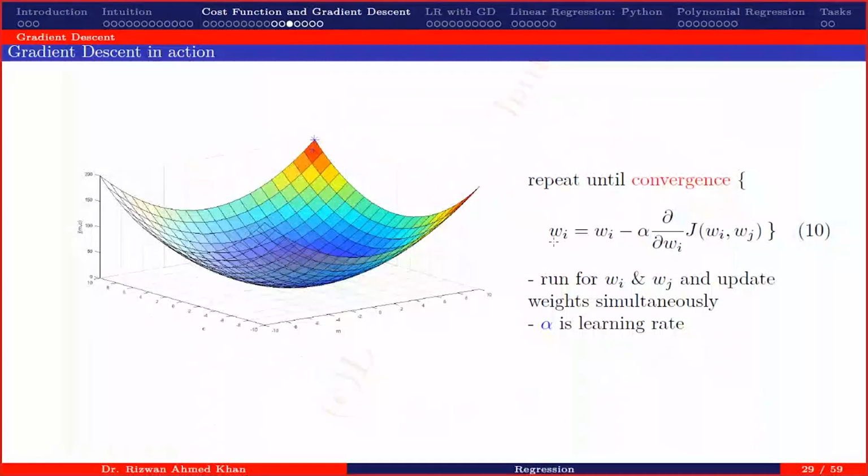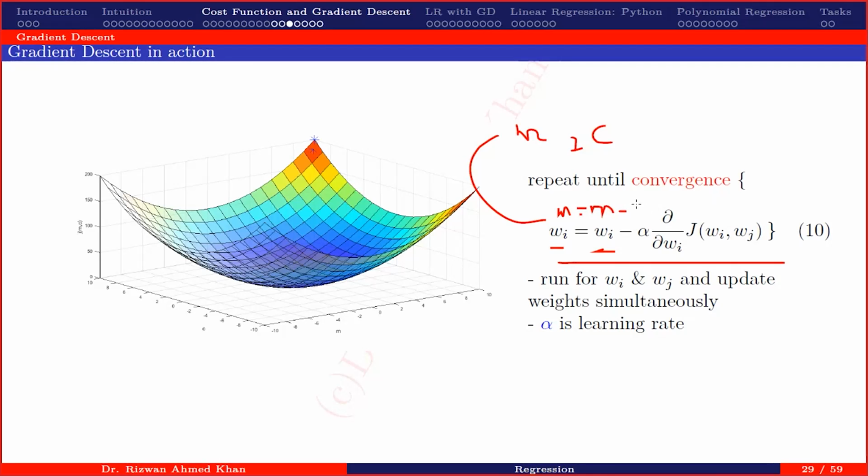Mathematically, the gradient descent algorithm is written like this. I have written weights over here. For example, these weights, wi, are m and c. So here I have written wi, so wi is also m and c, and you differentiate. This is like a weight update rule for gradient descent. It says to update this weight, or let's say if it is m, then m equals m minus this term,